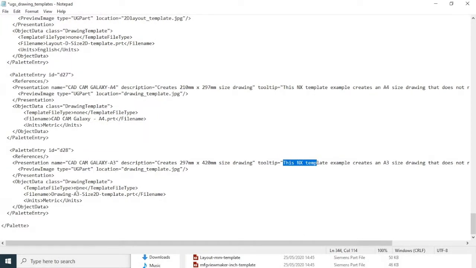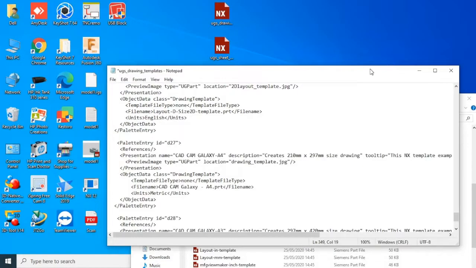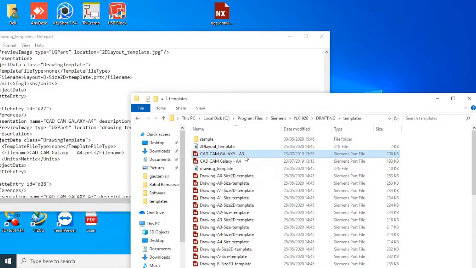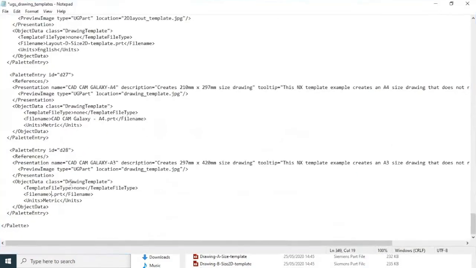Now here the important part, the file name. The file should be saved in the same location where this template is. For the file name, we can remove the old file name. This is all I'm doing with the copied entry; I'm not modifying the original one. So I'm copying this particular file name, and here I'm going to paste it.